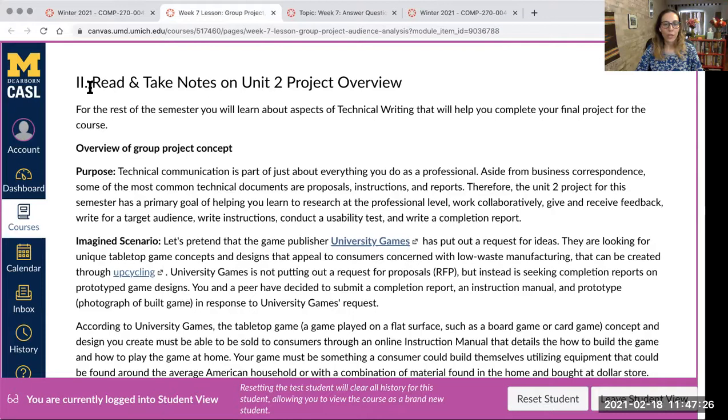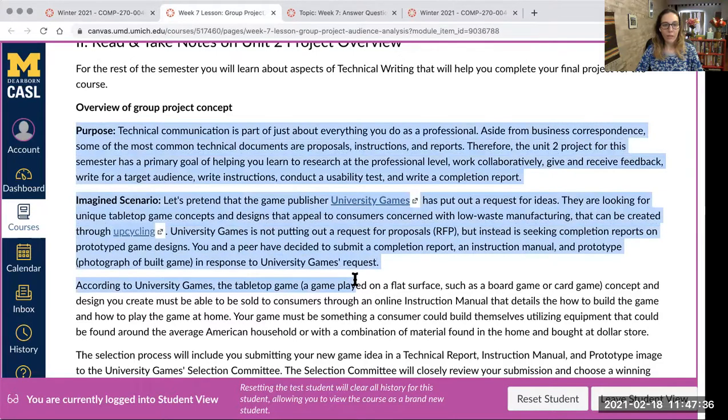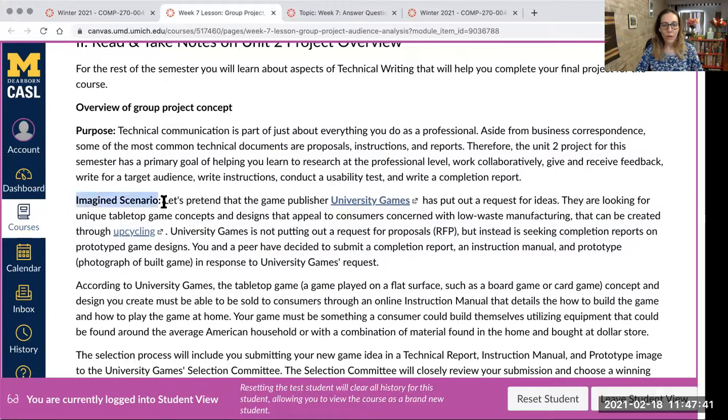So you want to read section 2 here, which gives you some background and links to learn more about the project. Within this section, you'll learn that we're working within what we call an imagined scenario.